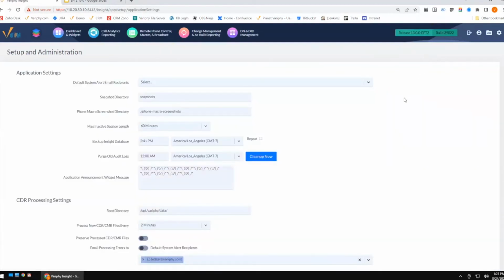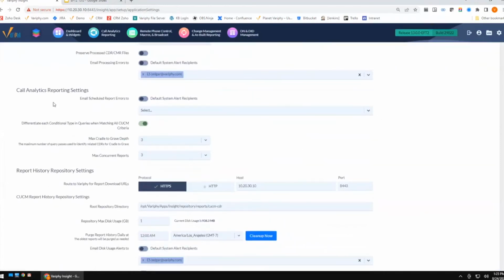First thing, let's take a look at report queuing. Where's report queuing going to be? It's going to be in the call analytics and reporting section. You'll notice this setting right here that says max concurrent reports. This is going to default to the value of 3, which means if I've got 40 reports running at midnight, it's going to kick off 3 at a time. It's going to run one, the next one, and keep going from there, but keeping it consistent so there's only 3 running at one time.